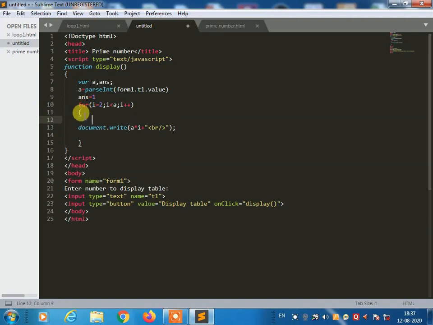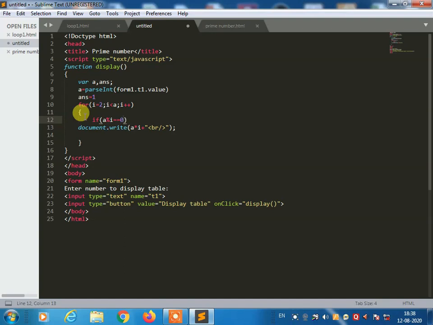After that we are going to use the if statement. We are going to find whether the entered number is a prime number or not a prime number. So a divided by i means the variable which we use here, the number divided by i, where i equals 2. Here we check equal to 0.